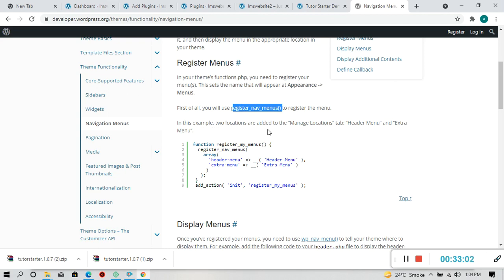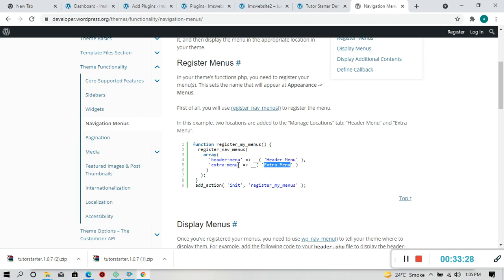So the location is where the menu should show, like in the header or in the footer or in the sidebar. So this is the location, right? This is the header menu, that is the top menu, and this is the extra menu. You can understand, maybe this is the footer menu or sidebar menu or the widget menu.